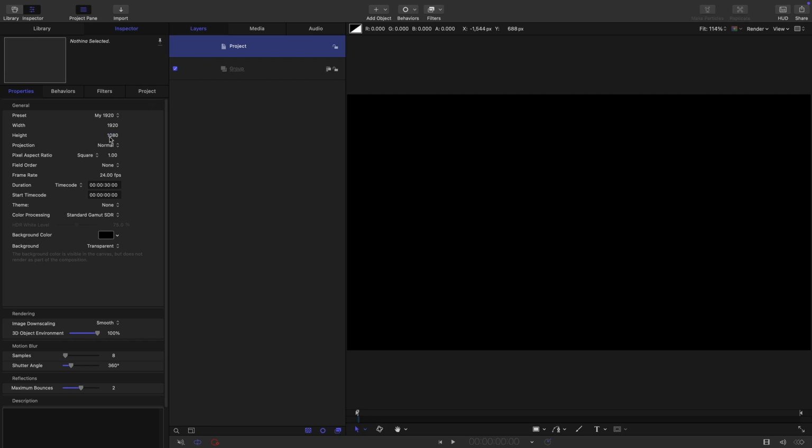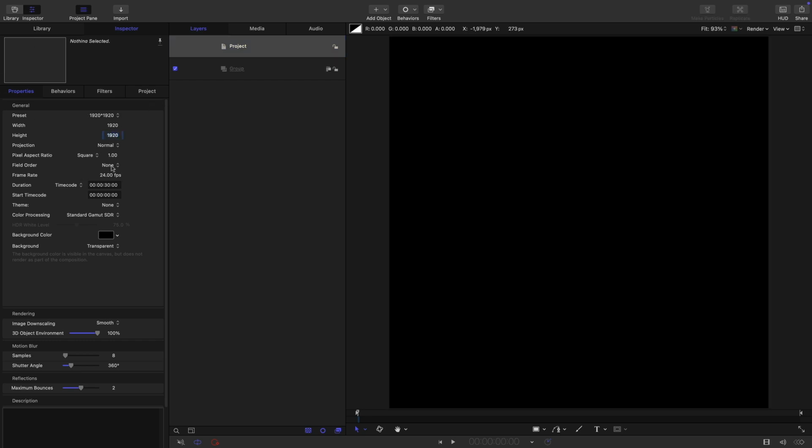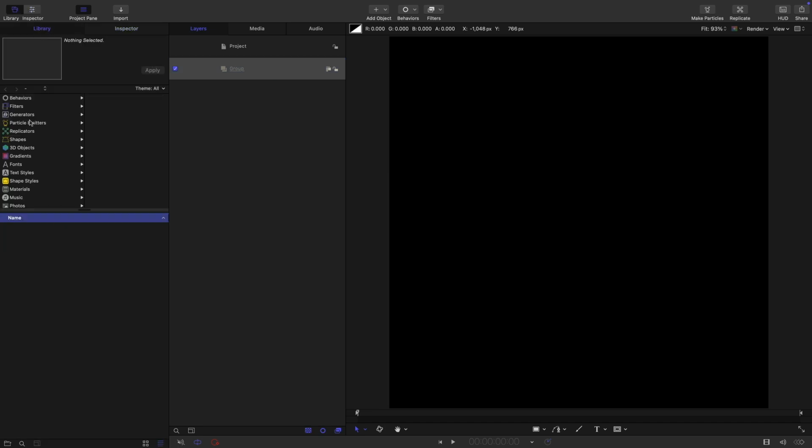We're going to go with 1920 by 1920. We're going to have a frame rate of 24 frames a second and a duration of 13 seconds. Now this is not our final project. This is just where we're going to make a set of elements that we can then composite into our final project. So the first thing I want to do is come over to the library and generators,